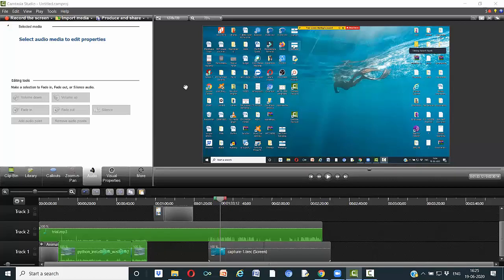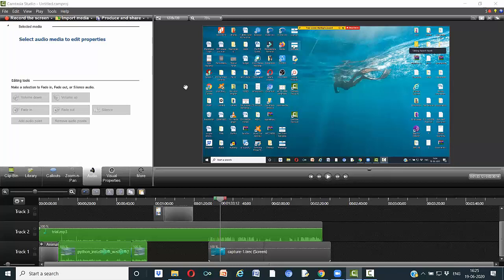Sir, in your opinion, is this Camtasia easier for the users, or have you seen one more new software? Which one is easier for us to use? To be honest, you have not started using anything. Anything you start using will become easier for you. But you have used all three, Filmora, Camtasia, and one more. For the newcomers, which one is easy? All having the same features.